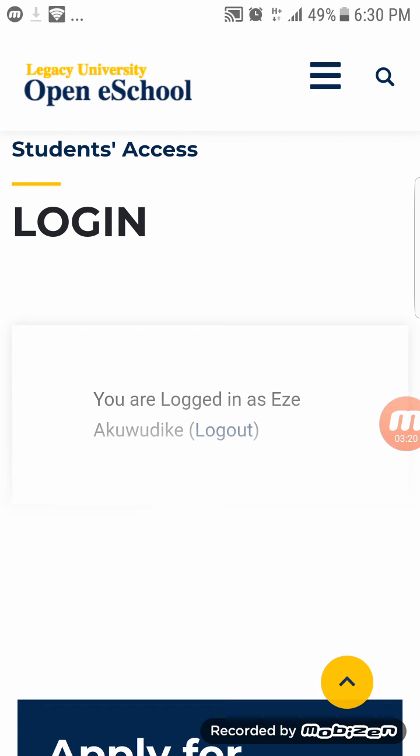If you're using the general students login to take your CA, please be mindful that your grades would not reflect. So it's better you get your personalized login details and use it. Now, so the next step is step 3. After logging in with your unique details, step 3 is to scroll down